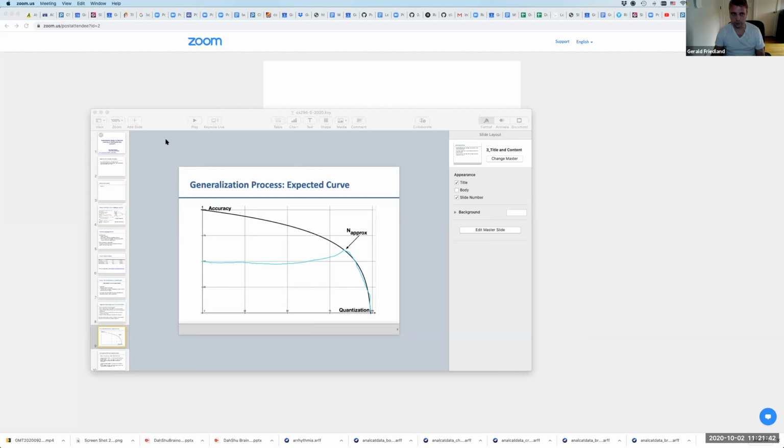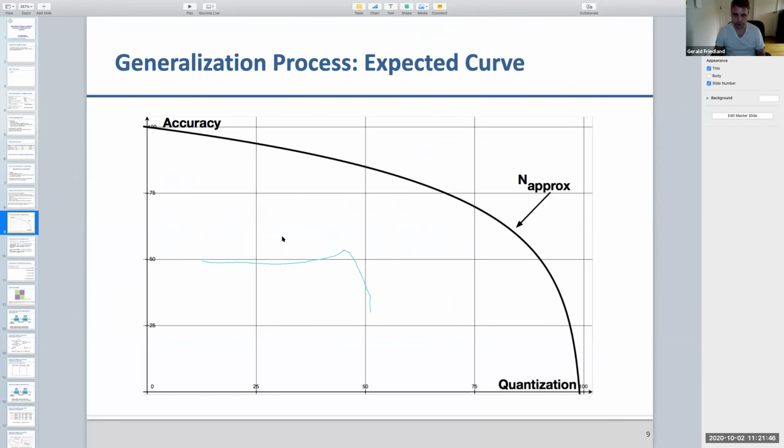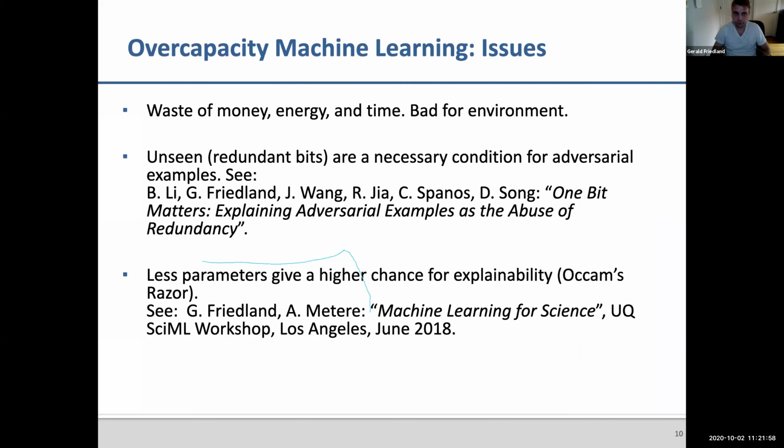So yeah, basically any questions about that? Oops, that curve is now small, but that's how the generalization process should work. You reduce parameters. Let's play this again. If you don't do that, you are at a random point in that curve, okay? It's a random point in that curve, and you may be lucky.